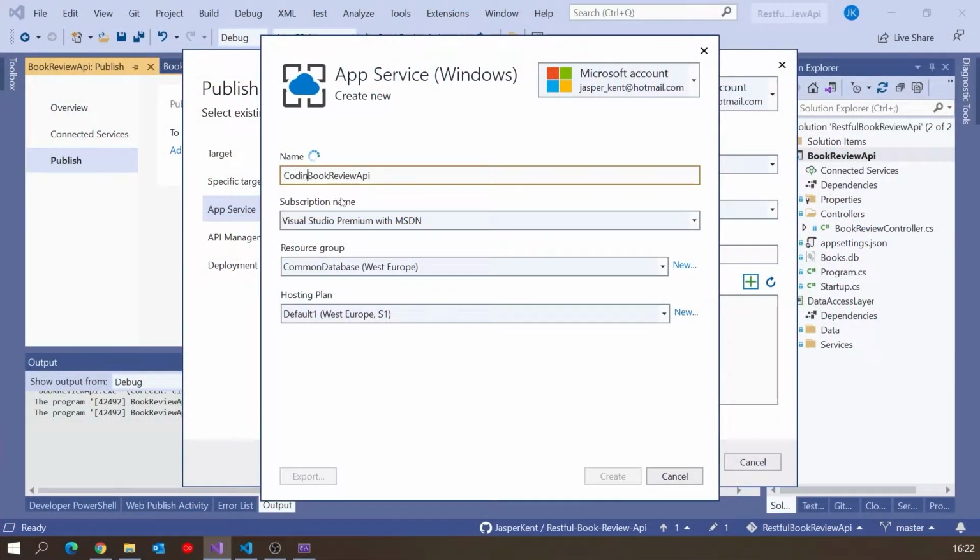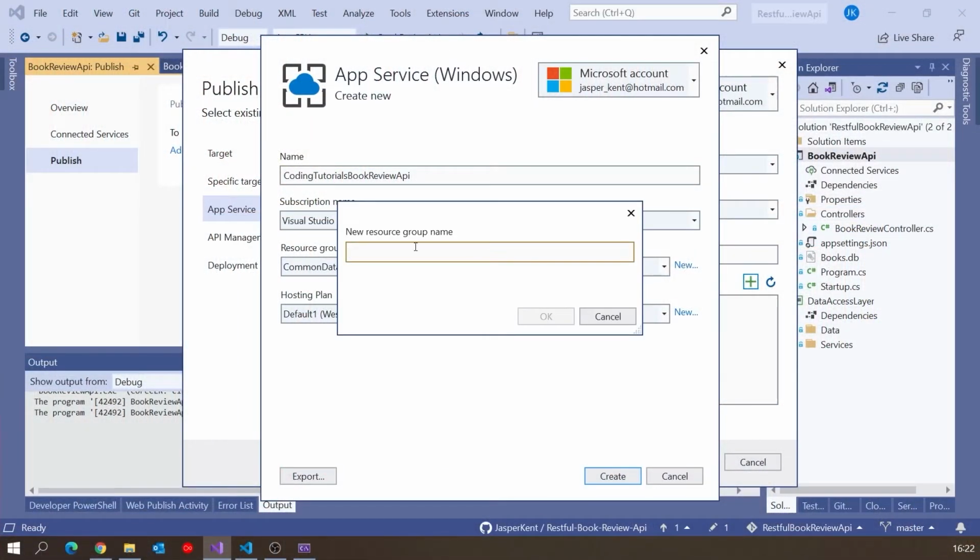So what it's going to produce as the URL for my site is bookreviewAPI.azurewebsites.net, and that's already been taken obviously by somebody else. So that's why it puts that big number on the end, but it's not much fun. So what I'm going to do is just give this a slightly long name, Coding Tutorials. So that's going to be the address it has. Now, of course, if you, again, got a commercial site, you can pay for your own domain and hook it up to this. But at the very minimum, it's going to have this as the name.